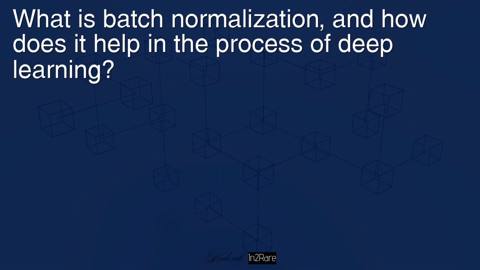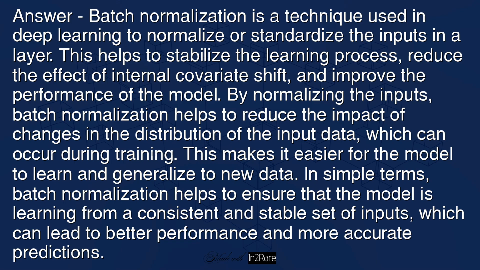What is batch normalization, and how does it help in the process of deep learning? Answer: batch normalization is a technique used in deep learning to normalize or standardize the inputs in a layer. This helps to stabilize the learning process, reduce the effect of internal covariate shift, and improve the performance of the model. By normalizing the inputs,